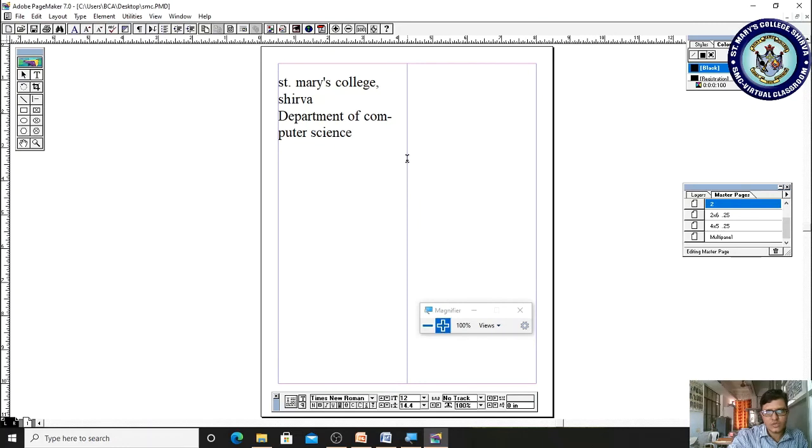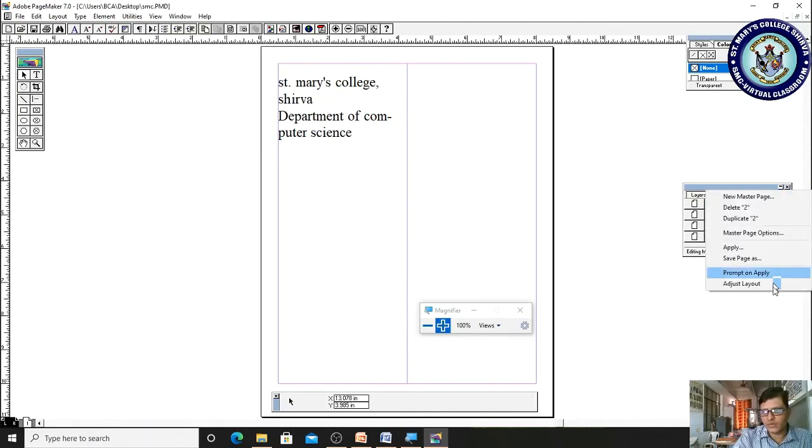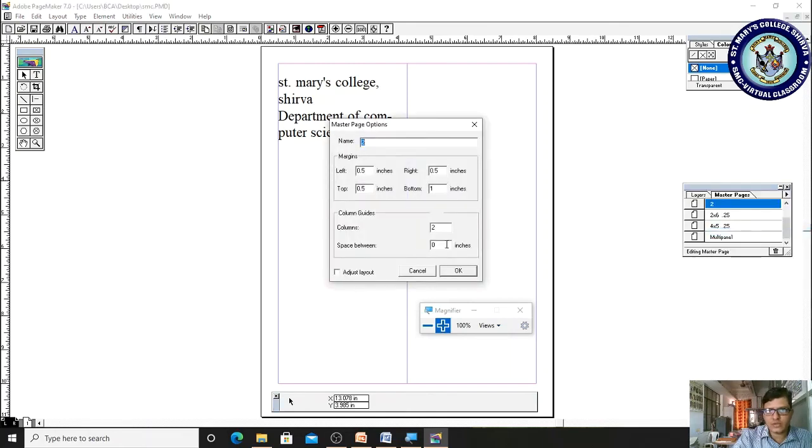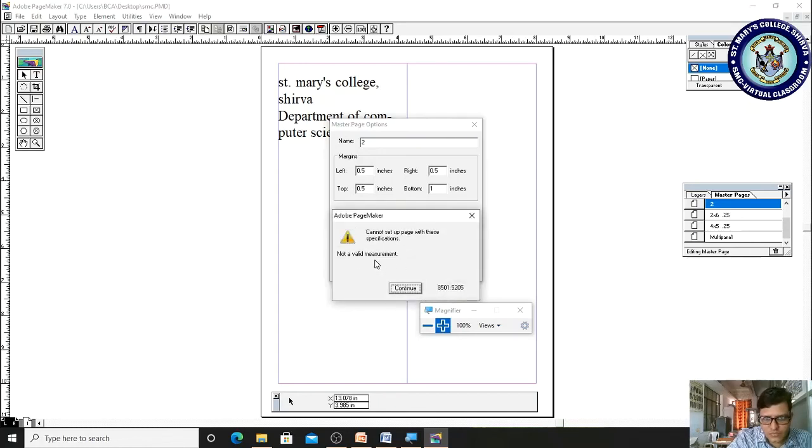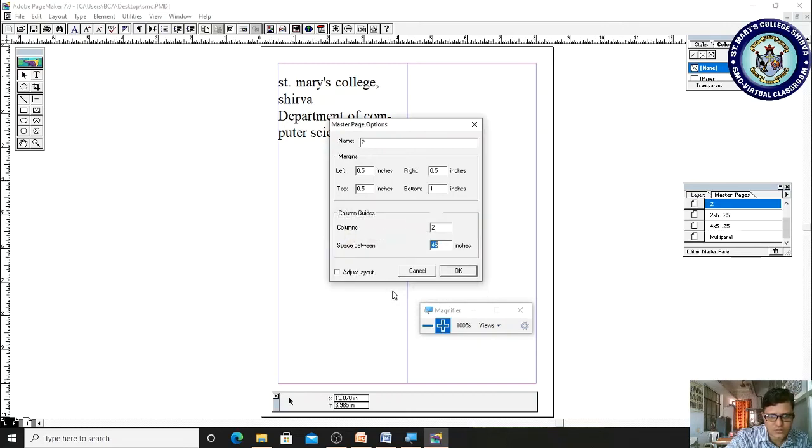Now it is not possible. Once again we have to set the master page options and set the space as 45 inches. Not a valid measurement, it cannot set up pages with this specification.